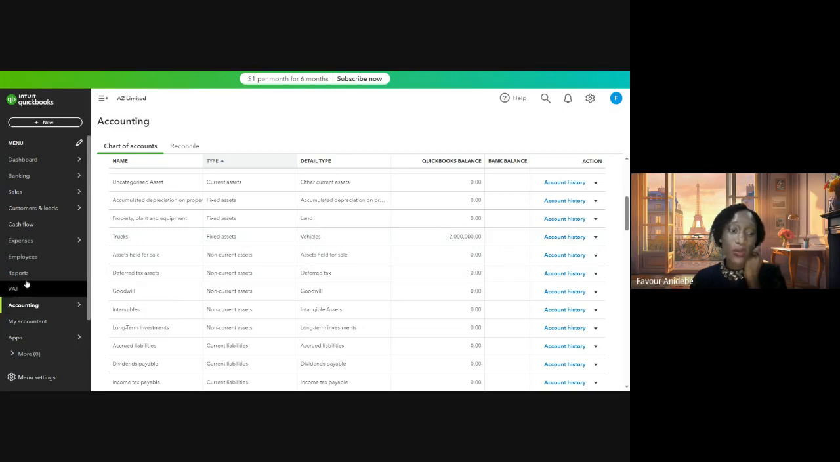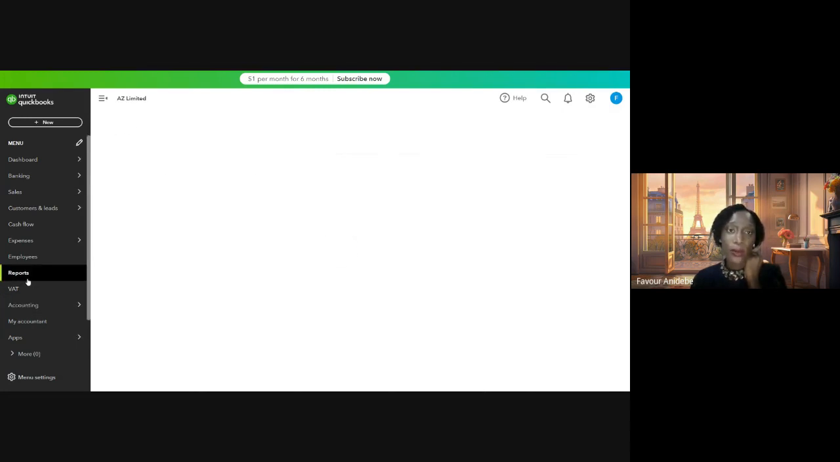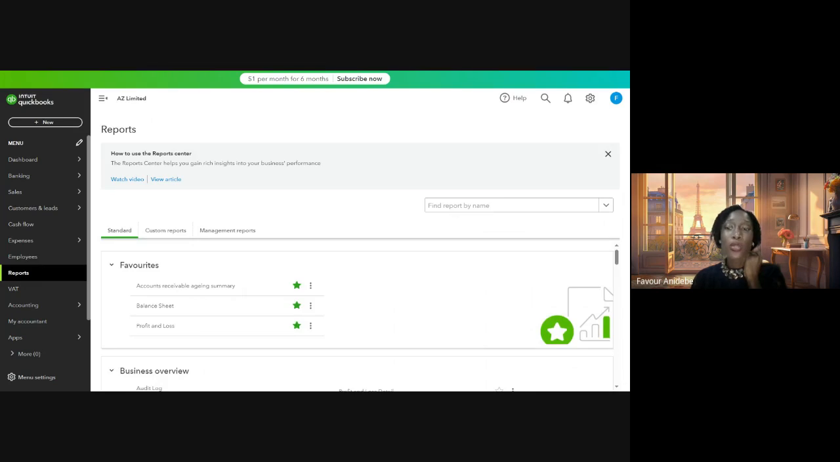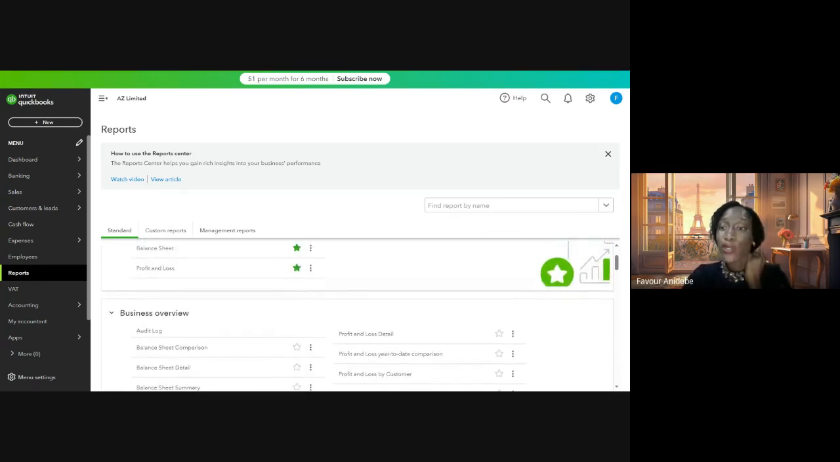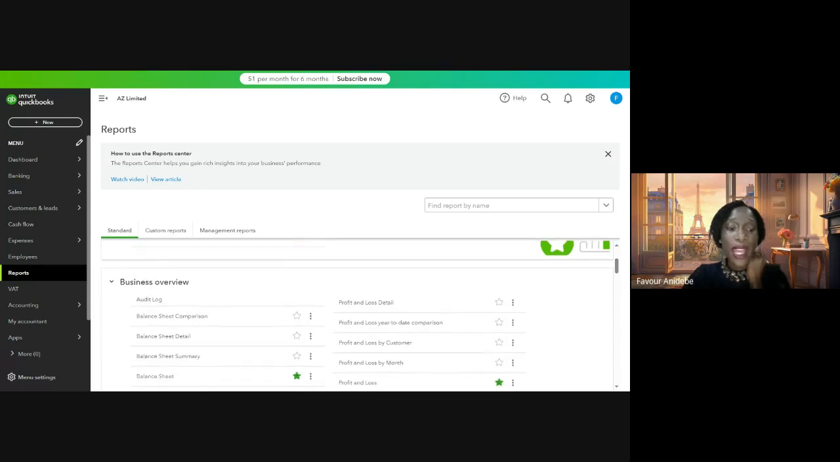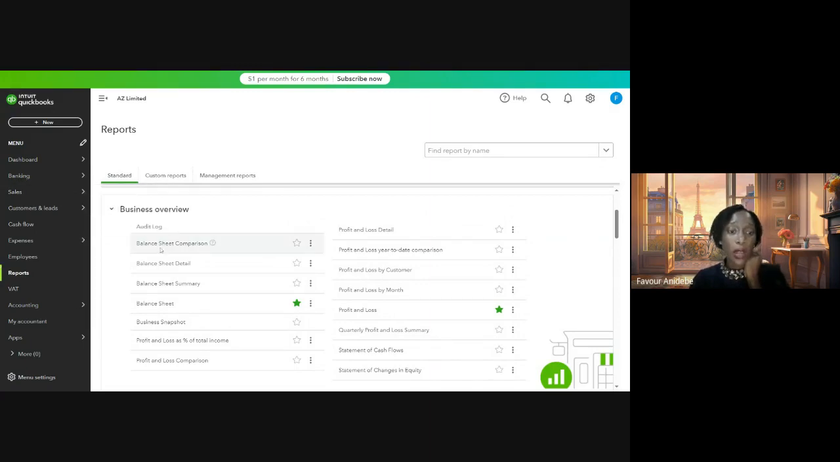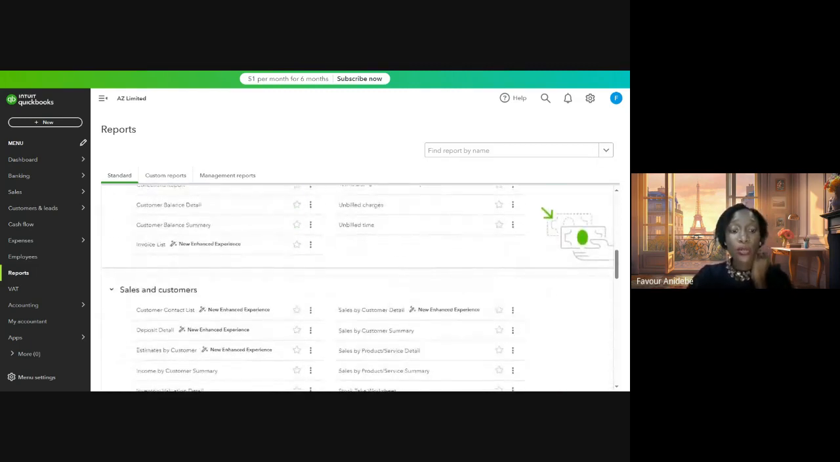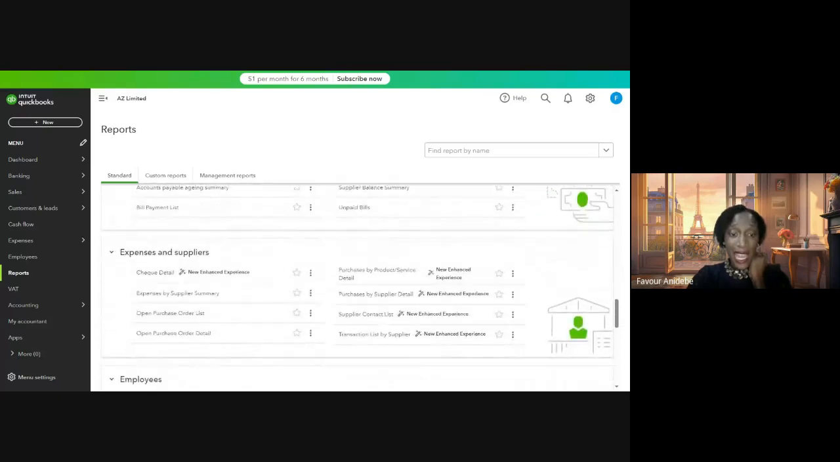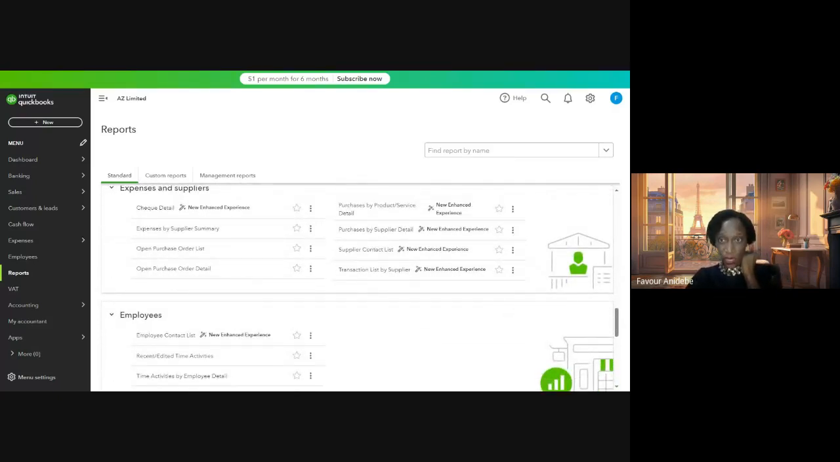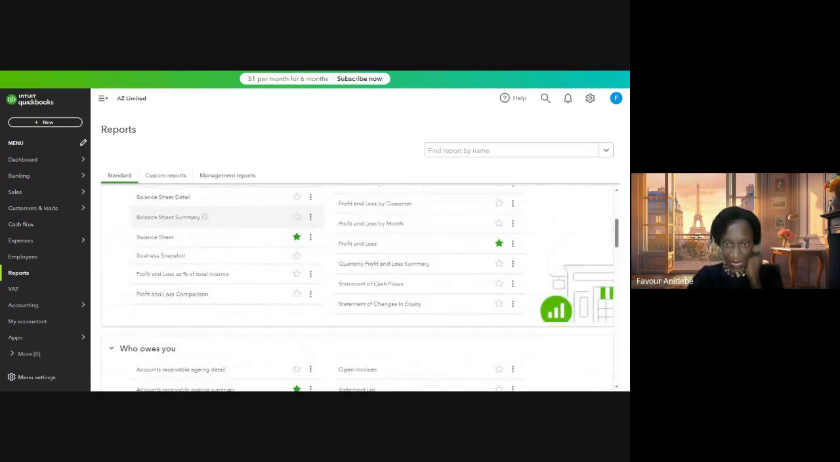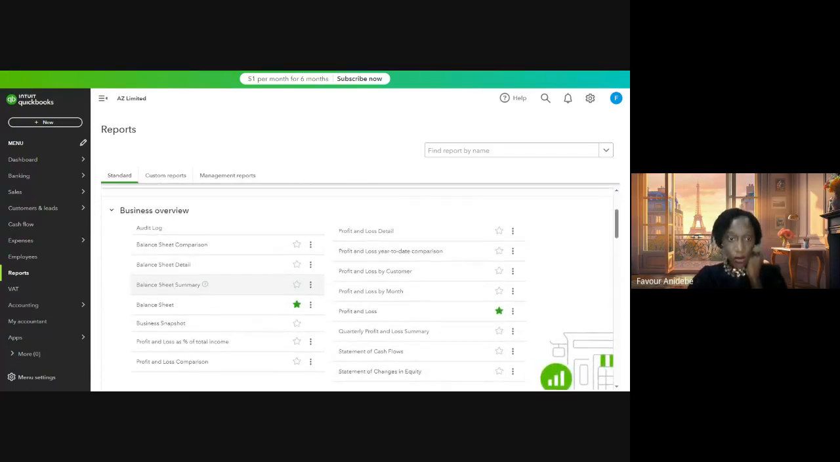Let me just show you what the report will look like based on this little thing we've done. In QuickBooks, you have access to so many reports. You don't have to stress yourself wondering how we're performing. You have access to the audit log, balance sheet details, balance sheet summary, business snapshot, profit and loss. So based on this little transaction, I want to know what our financial position is as at today. So I'll click on balance sheet details,